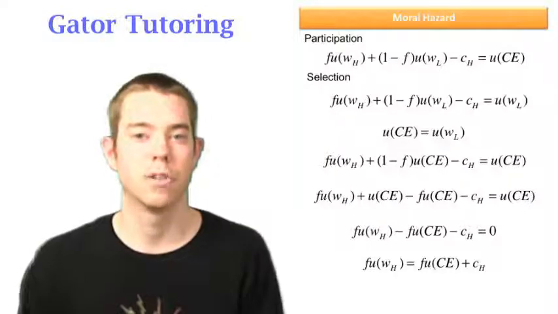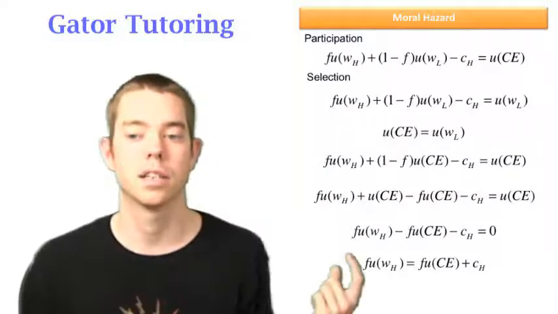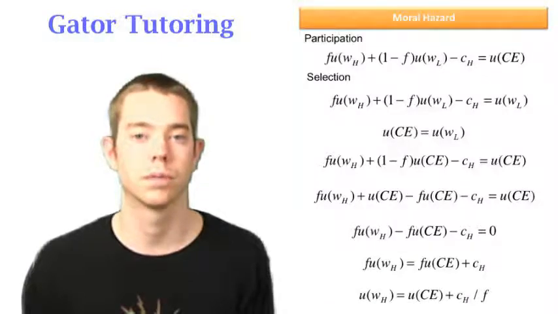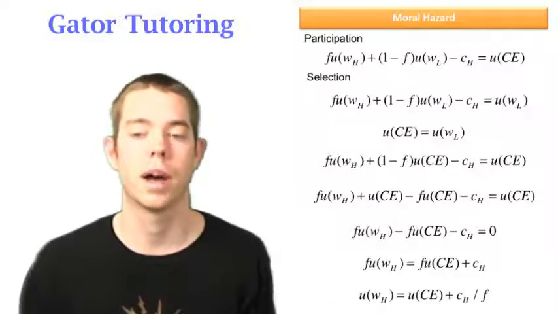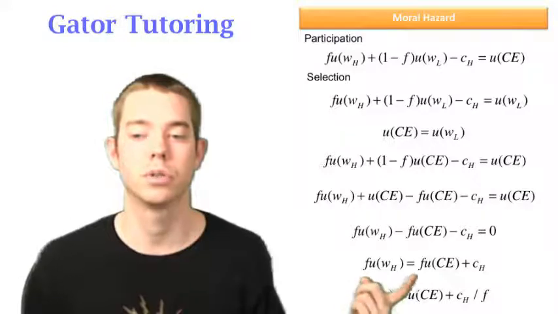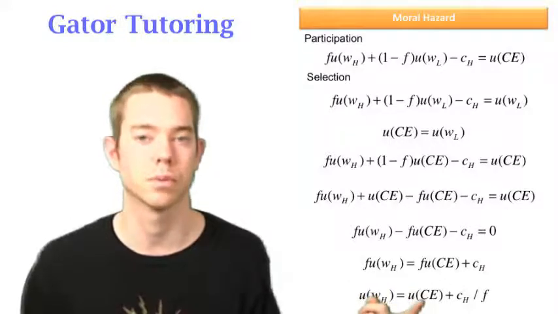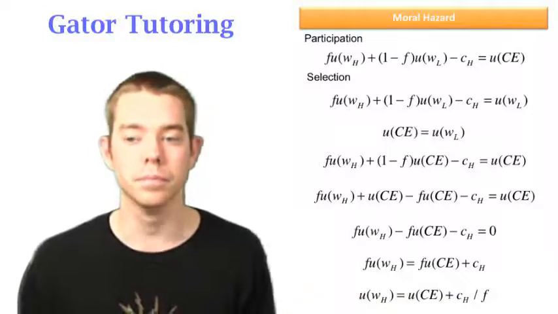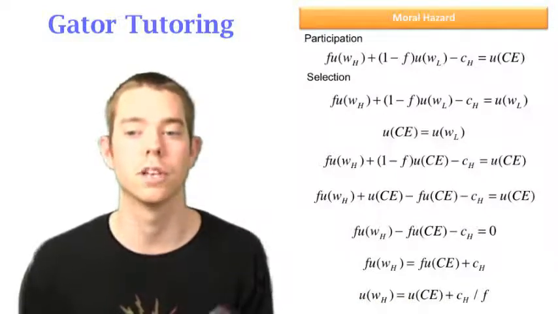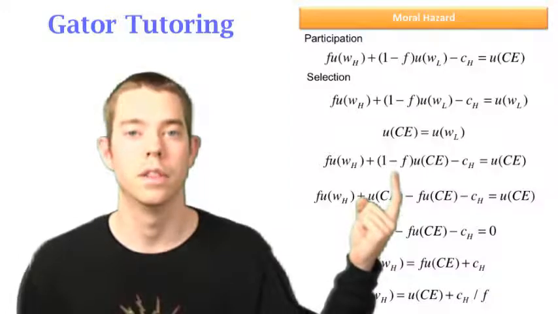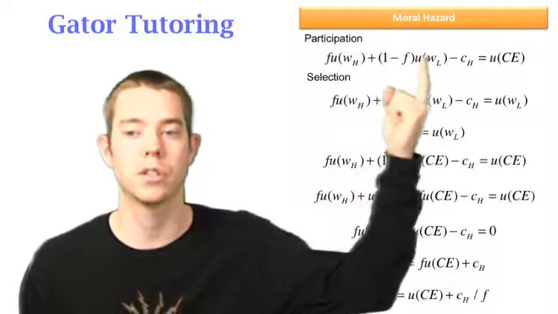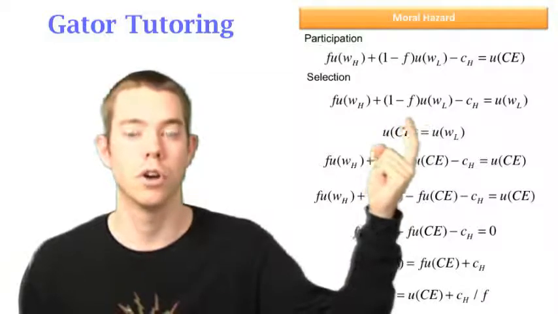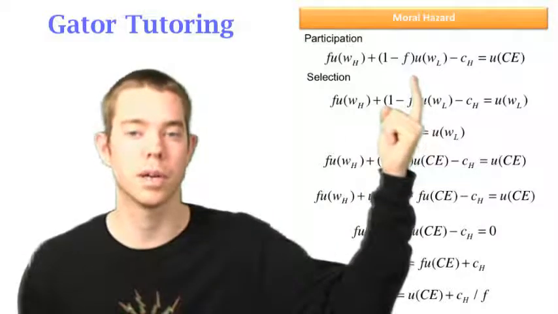And of course, F is multiplied by that, but I see I can divide everything through by F and get one of my choices that I see on the test, which is the utility of my high wage is going to end up being equal to the utility of my certainty equivalent, because the F's will cancel, plus CH over F. So kind of a long process, but if you remind yourself that this step was the work, setting up the participation constraint, setting up the selection constraint, substituting what you know about the selection constraint into the participation constraint,